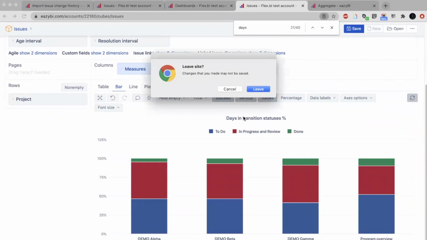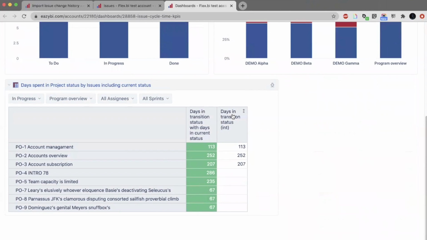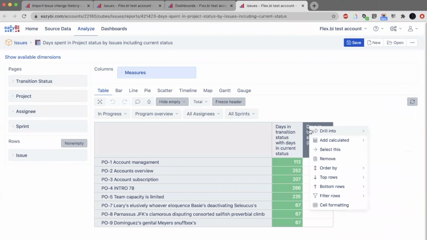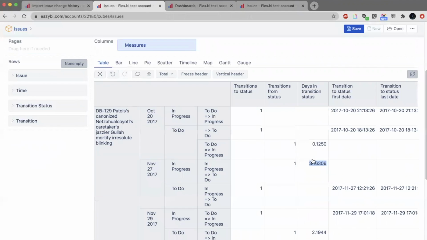Okay, so moving on to the last one, this is more advanced. And I will use some of the existing setup already to save some time. And for this case, to give you a little explanation, let's look at the detailed overview that here, let's imagine it's October 20th, and the issue is in to-do status, just in to-do status, then eazyBI doesn't count because eazyBI